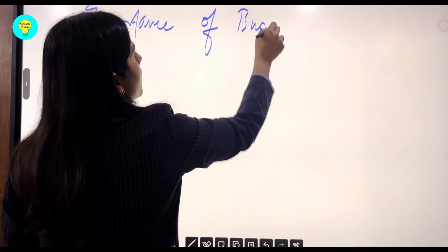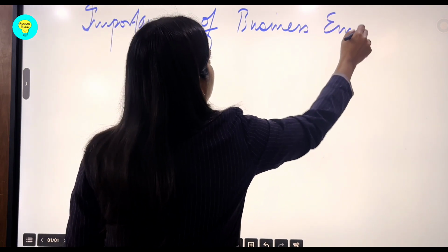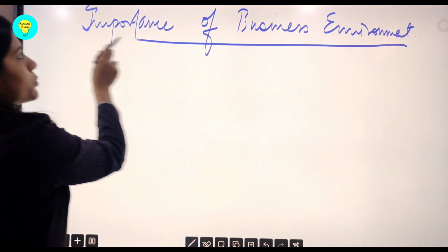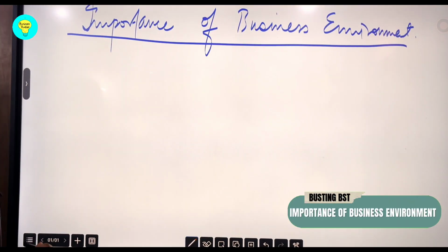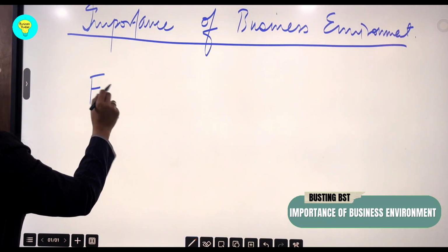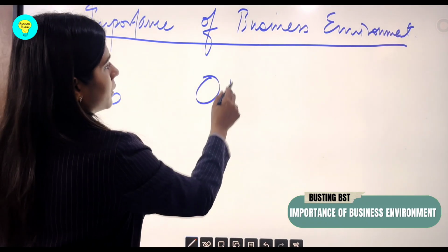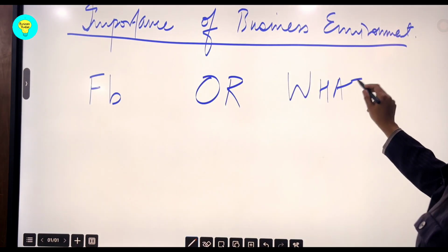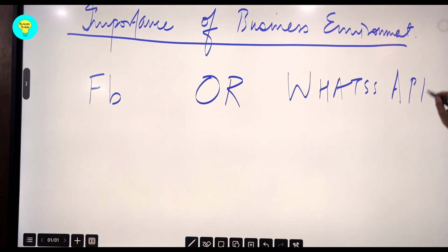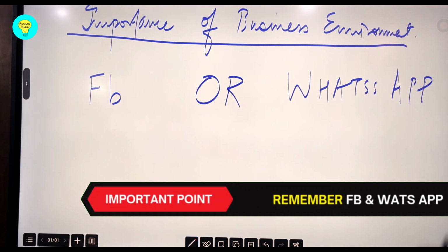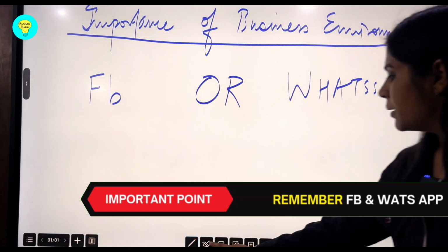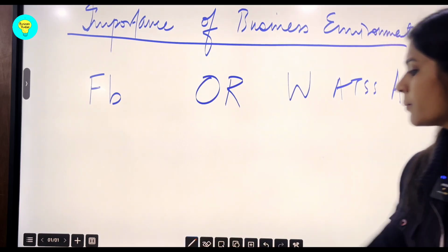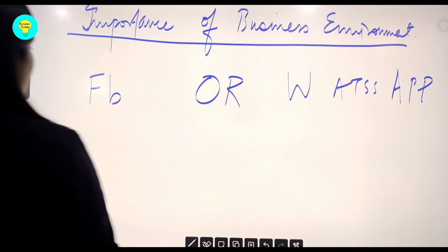Dear students, when we talk about this particular topic, its acronym is comprised of two of your favorite social media platforms, that is FB, or I think you are better in a position to tell, WhatsApp. Yes, students, it's as simple as that, these two platforms, FB or WhatsApp. Here, WhatsApp can also be pronounced without an H, so remember like that. Now, FB or WhatsApp, let's see how they are linked.